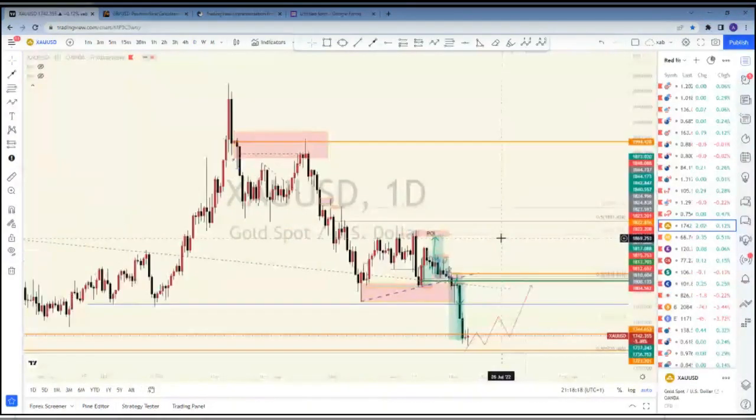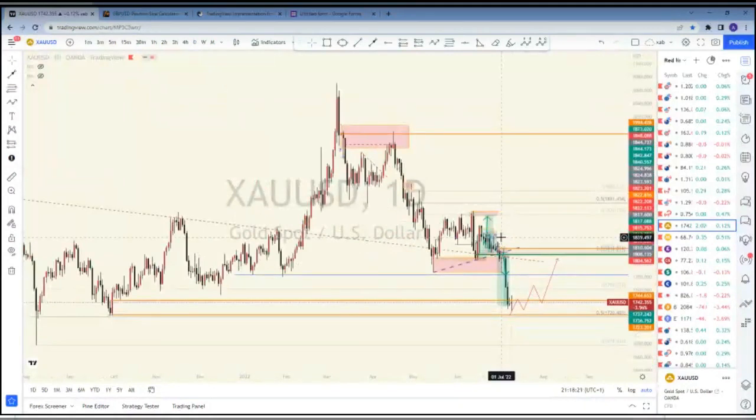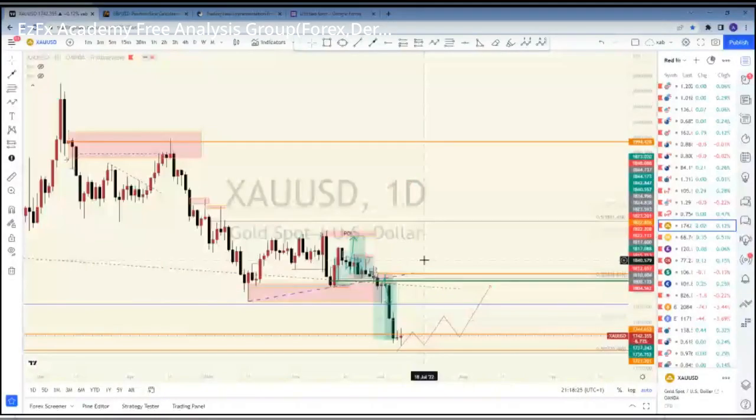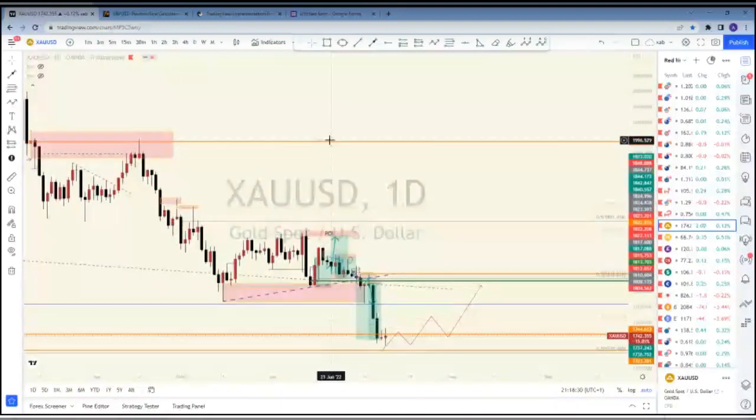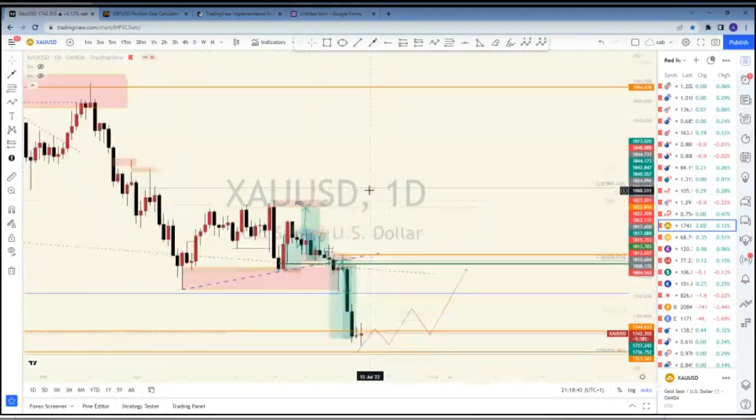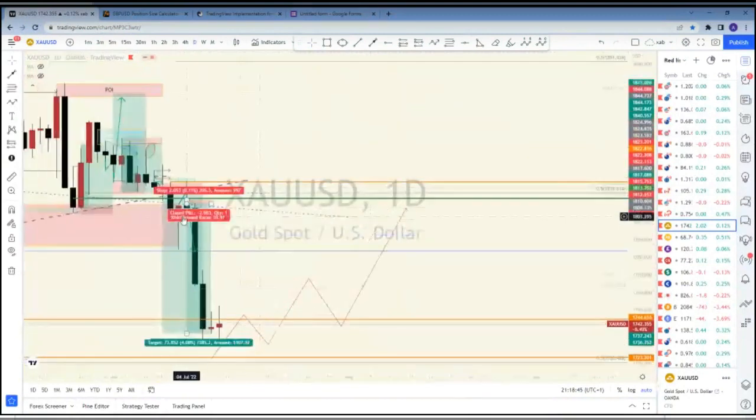Gold has not disappointed me in quite a while. This was a sell trade that I took on gold last week. I think I dropped the updates on that trade in the free Telegram group, just to let people know that was what I was going to be trading. I entered this trade on the 3 minutes time frame, and I think I got a 1:35.